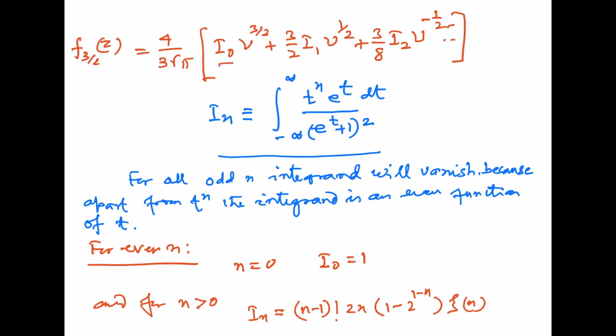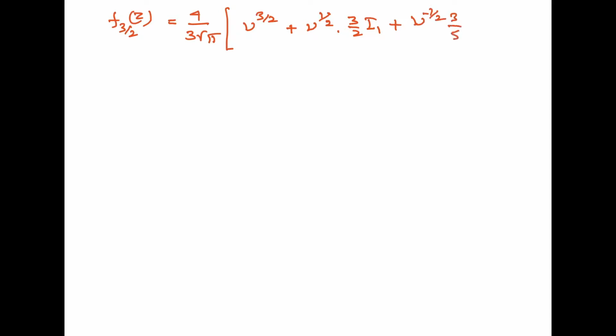So when you substitute these values of I0, I1, I2, etc. in this equation, we will obtain f3/2(z) equal to 4 by 3 root pi into nu to the power 3/2 I0, that is 1, plus nu to the power half into 3/2 I1 plus nu to the power minus half 3/8 I2, and so on, plus a term of the order of e to the power minus nu